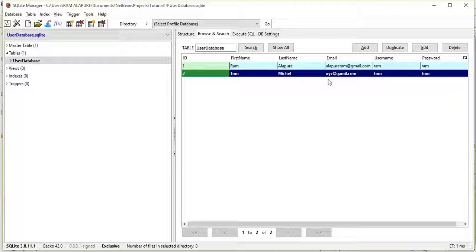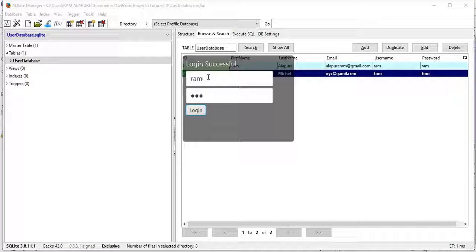So I'm going to log in through this new user. So you can give any username like Tom, or you can add your email ID as a username, or you can set your nickname also as a username. So next I'm going to check for Tom.